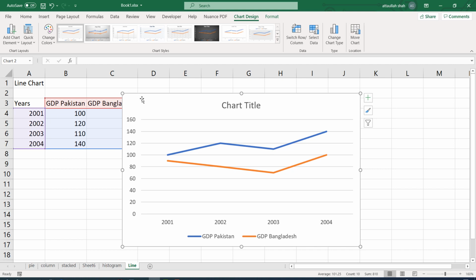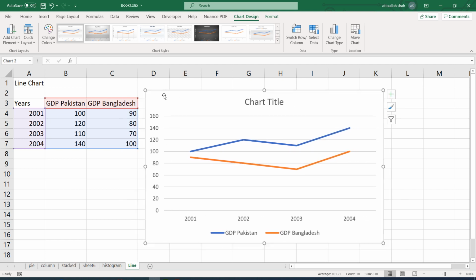No matter how many data series there are, you select all of them. You can also select the first column if it doesn't have numeric values. If it has numeric values, then we use the trick of selecting the other columns, leaving out the first one, and then we add the first one later on. This is how we construct a line chart, and I hope you remember how to modify the axes and the labels in case you need a refresher.